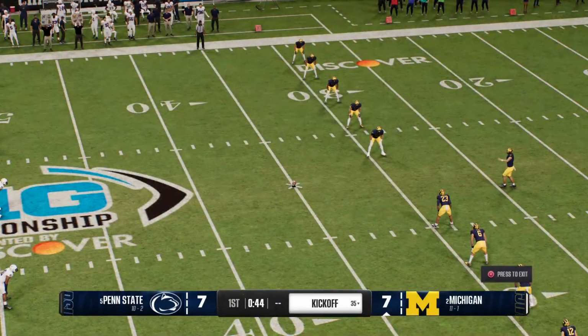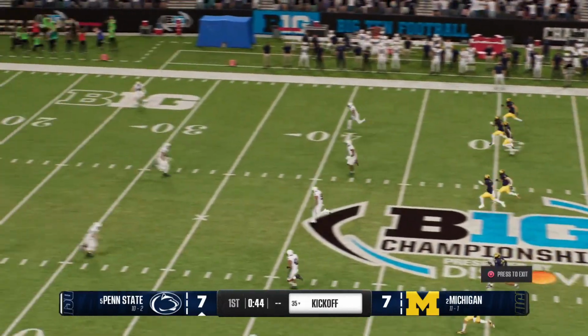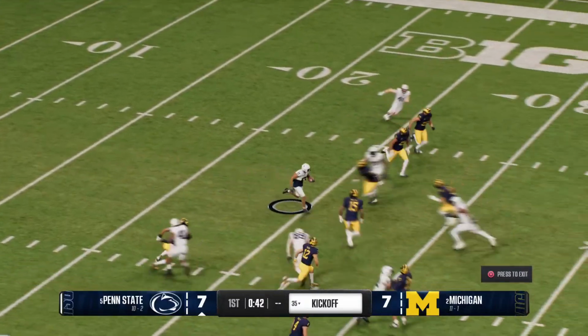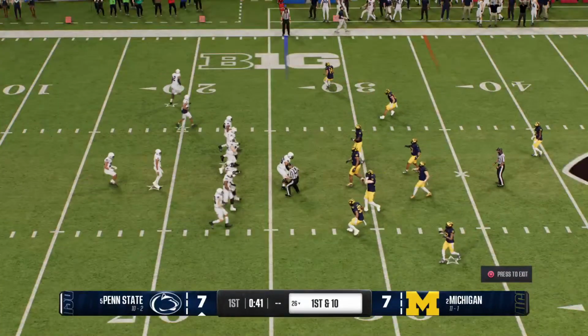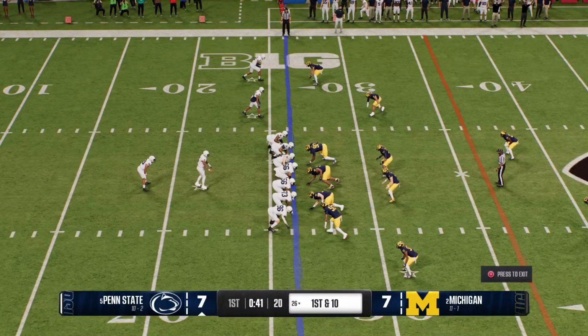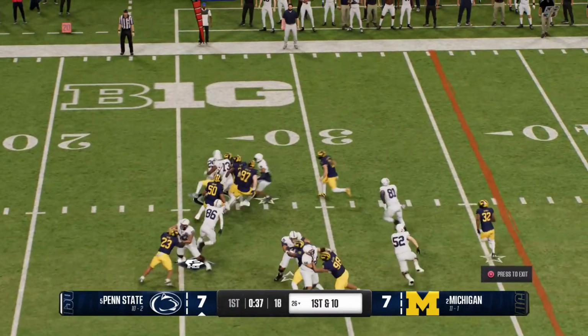The kickoff team on the field now as they get set to send this one away. Return begins inside the 10. And the coverage team brings him down at the 26. And the Penn State offense is back out on the field. They were able to punch it in the end zone last time, looking to do the same thing here to see if the defense can make adjustments.